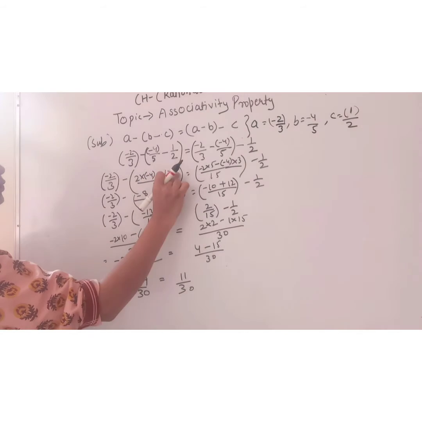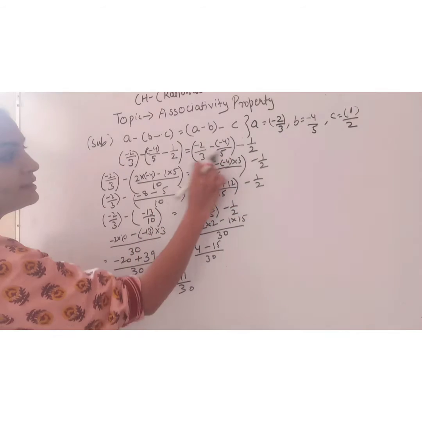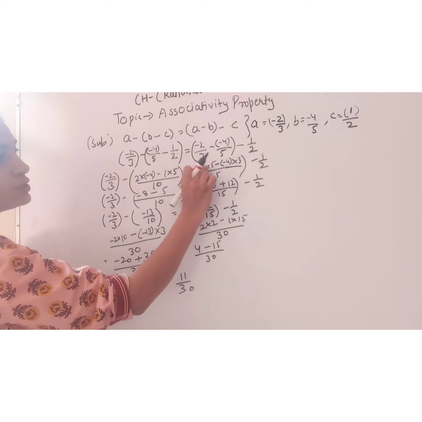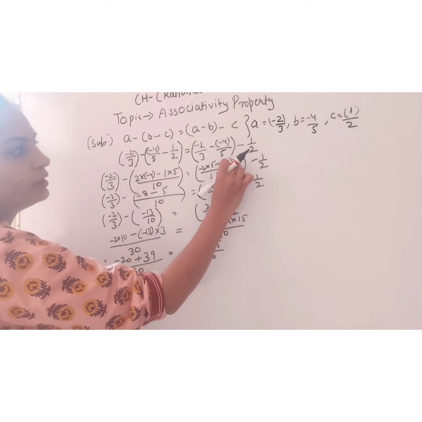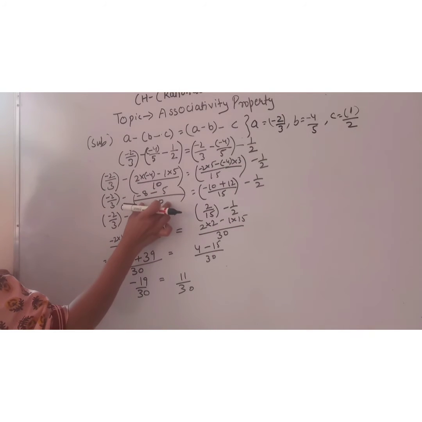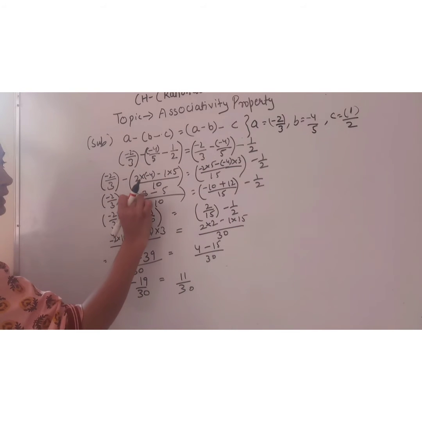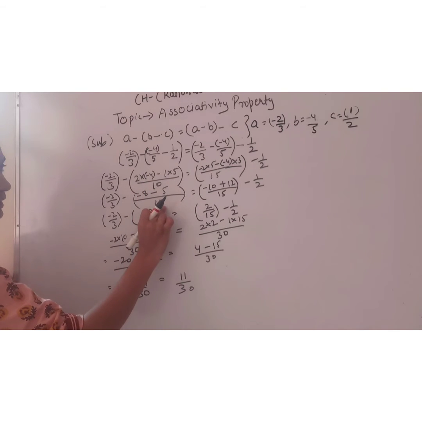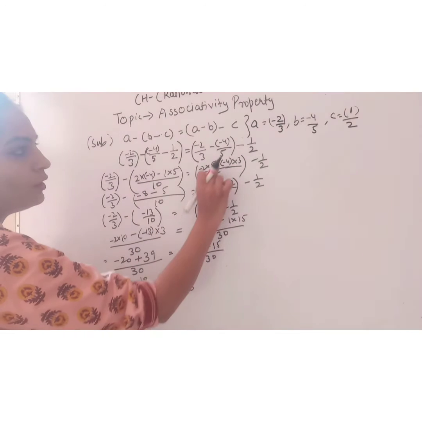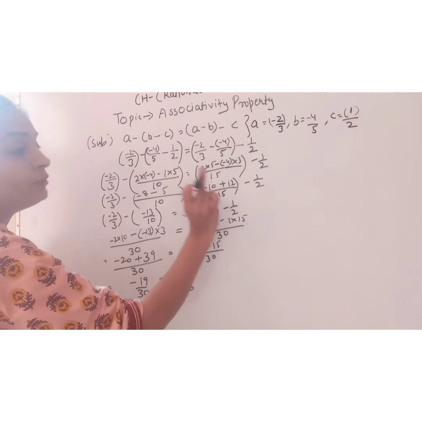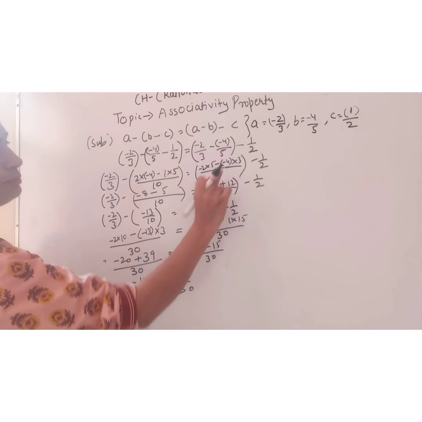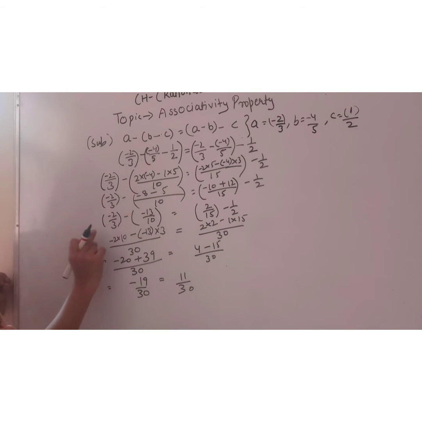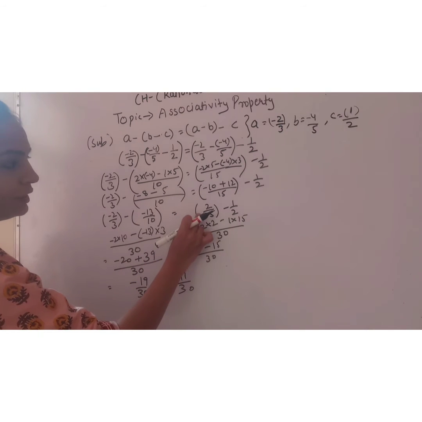After solving this, I am getting 10 as the LCM, and 2 into minus 4 minus of 1 into 5, and after solving this, I am getting LCM as 15, 2 minus 2 into 5, and minus of minus 4 into 3. Now after solving this, I am getting minus 8 minus of 5 upon 10, and minus 10 of, that is minus into minus is always plus, that is minus 10 plus 12 upon 15. Now after solving this, what I will get is minus 13 upon 10 and 2 by 15.